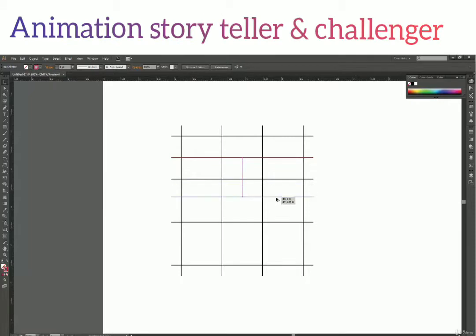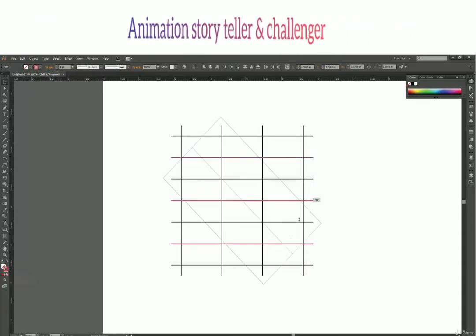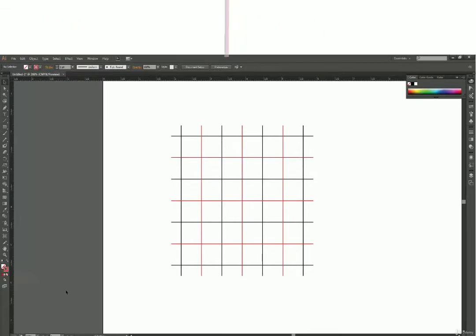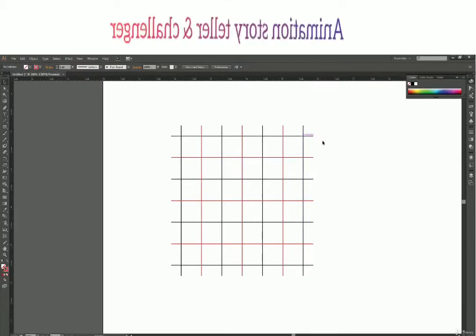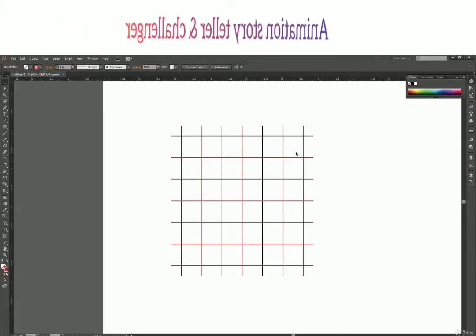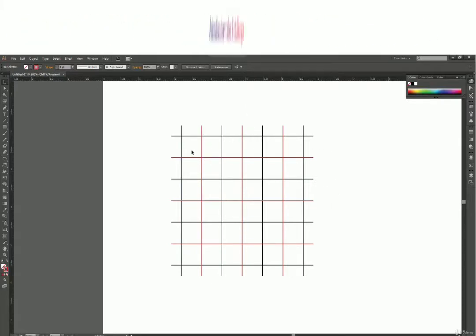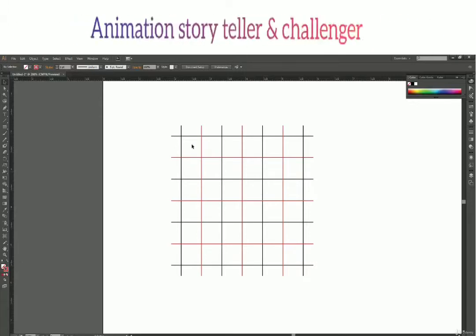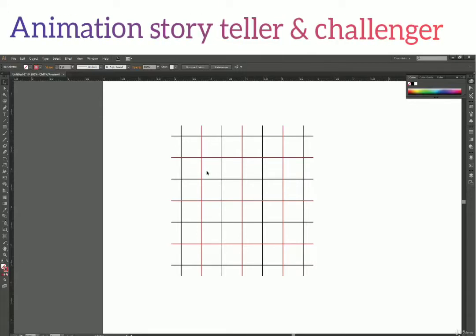This is for subdivisions. Again, copy this and create vertical subdivisions. Yeah. So this is how my grid is. Let's say this is for every 1 inch, and the red line shows my subdivision level. So right now I have 2 subdivision levels, 1, 2. That means my grid box is divided into 2. My grid box is divided 2 times horizontally and vertically.